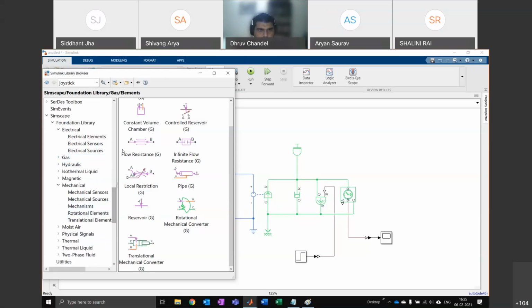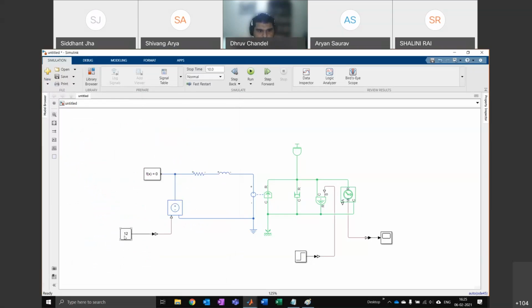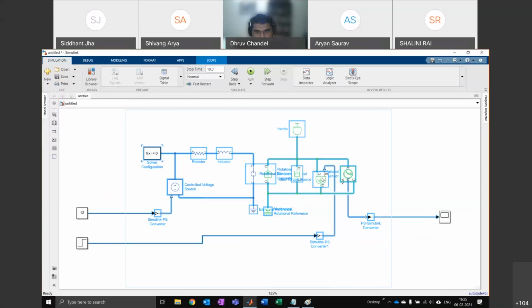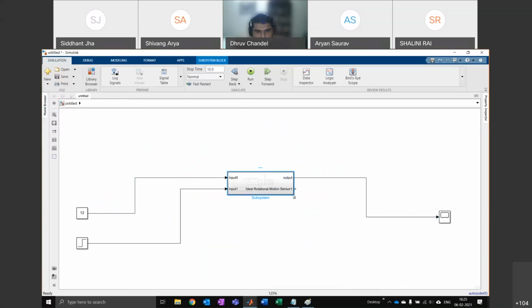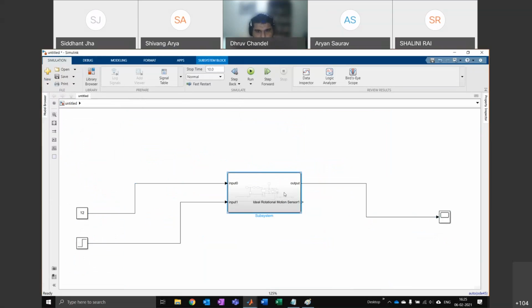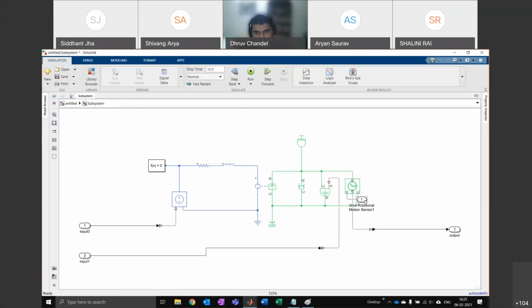Okay. Last thing I'm going to do, I'm just going to take both these inputs, separate the output and collapse this into a subsystem like we saw in the morning. And basically what happens at this point is, create this extra port.